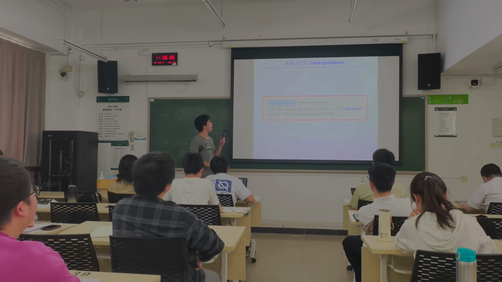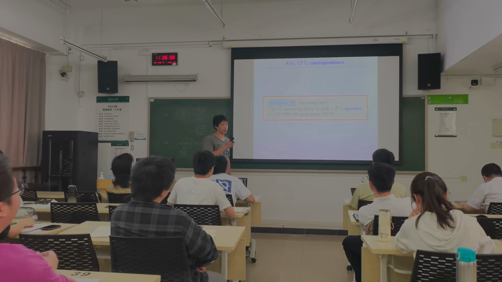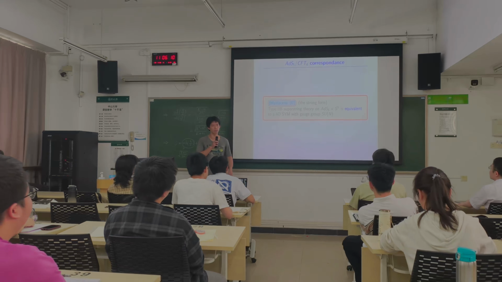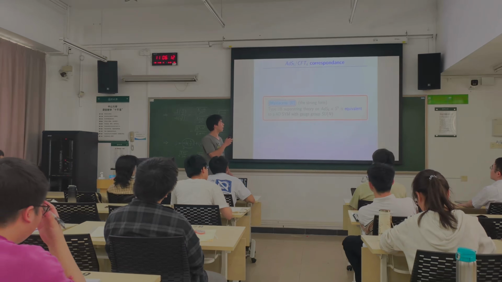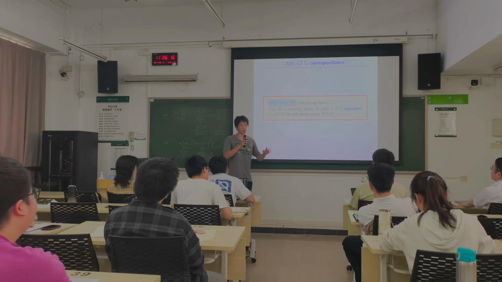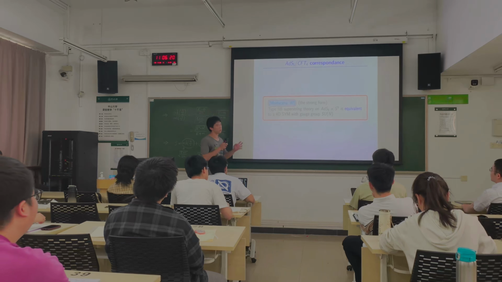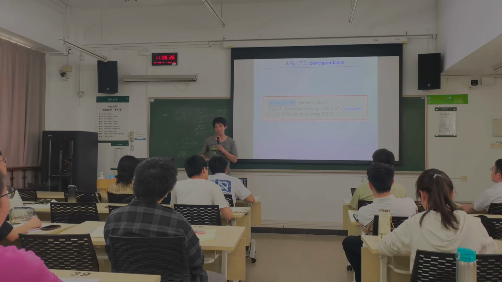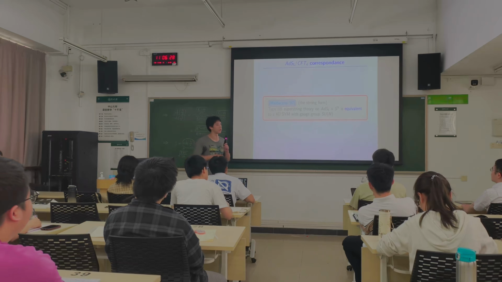So in short, this correspondence was proposed by Maldacena in his groundbreaking paper in 1997, where he said that type IIB superstring theory on AdS5 × S5 is actually equivalent to four-dimensional N=4 super Yang-Mills in flat space-time with gauge group SU(N). Okay, at the moment you probably feel really bewildered by all these terms.